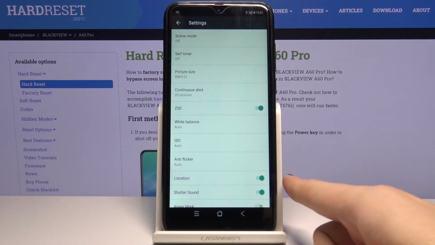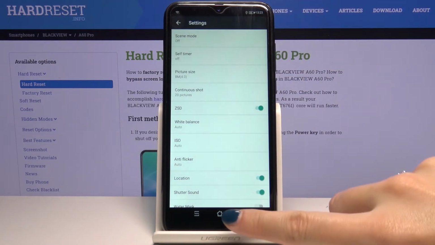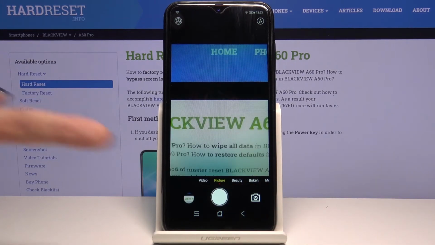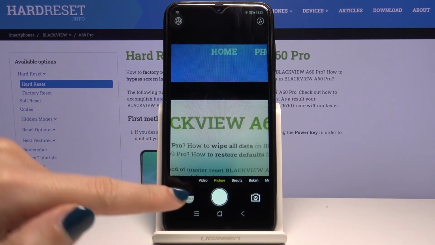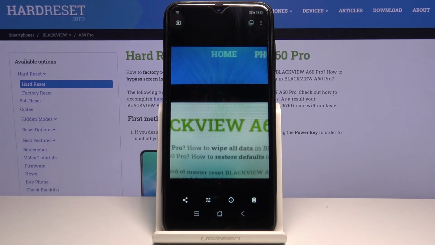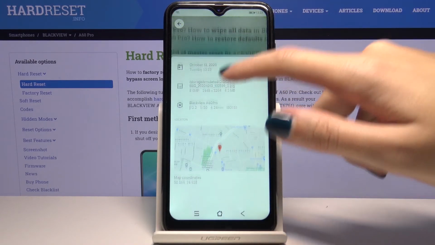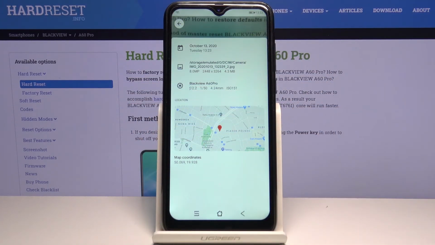Now let me keep turning on all of these settings. Let's go back to the camera to take a picture. And now let's go here to the left corner at the bottom. When we tap on this button we get quick access to the gallery, so this is our photo. To check its location we have to just simply slide a little bit down, and as you can see here we have the full location with map, so